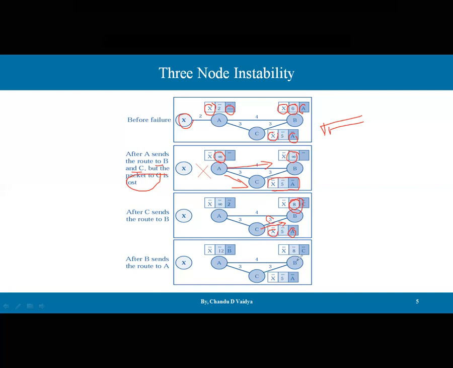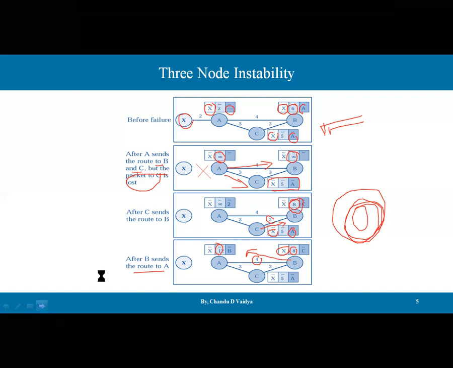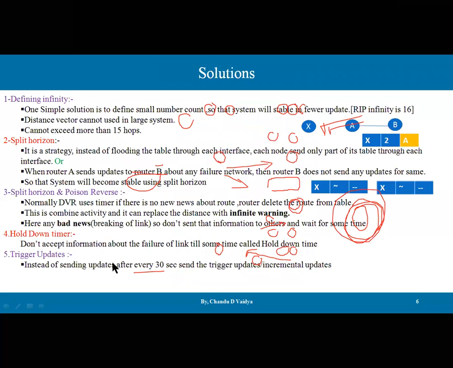Then in this scenario, after B sends the message to A, this table is passed to A, and B is saying to A, I have a path to reach X via C. Can you take this value? And this value is initially 8. 8 plus 4 will become 12. This scenario is going to happen again and again. This is the looping problem, guys, and they never get a solution. This happens up to a few times.